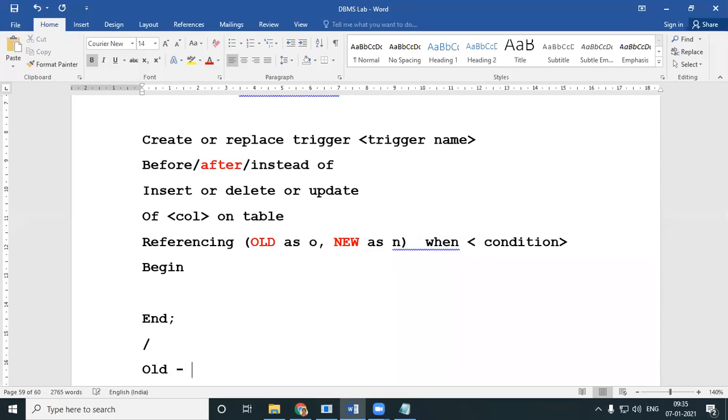Old holds the old value of the column, the content before the trigger was fired. That is old.